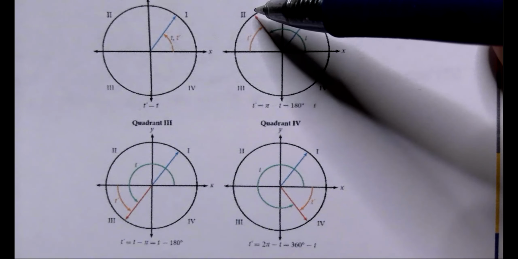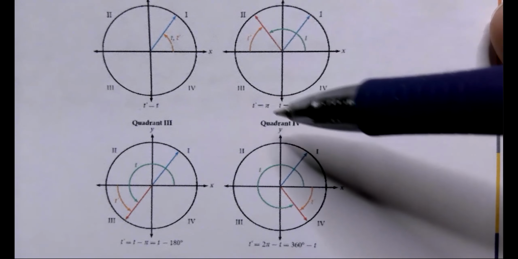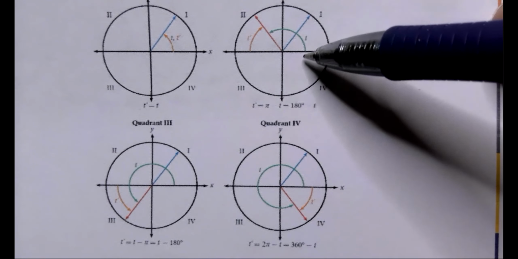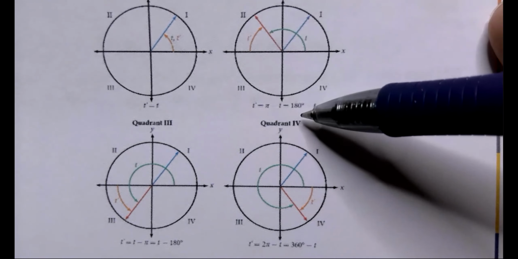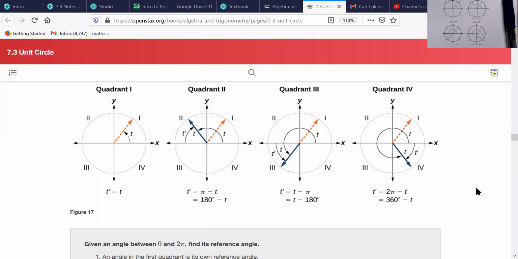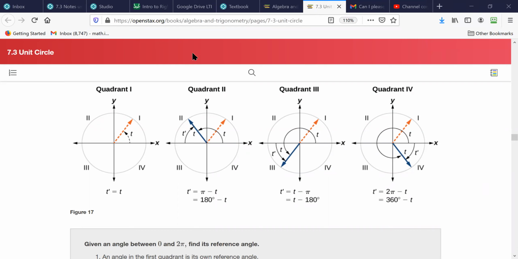Now, if your angle is in the second quadrant, to find the reference angle, you would take your angle t and subtract 180. Okay, guys, so that slide was kind of difficult to see, so I decided to show you this in the